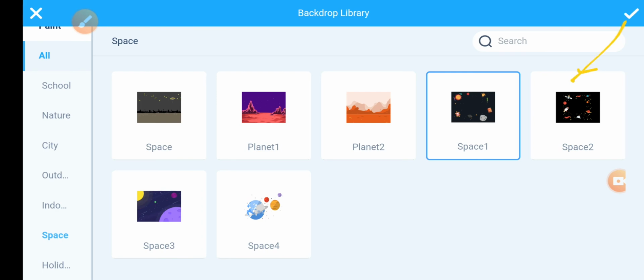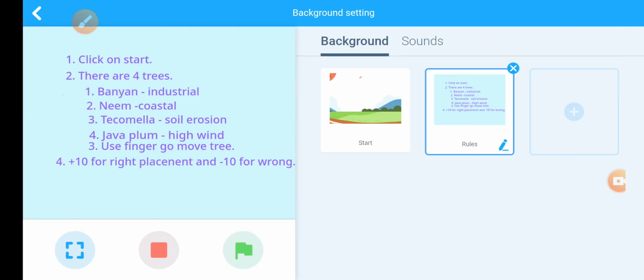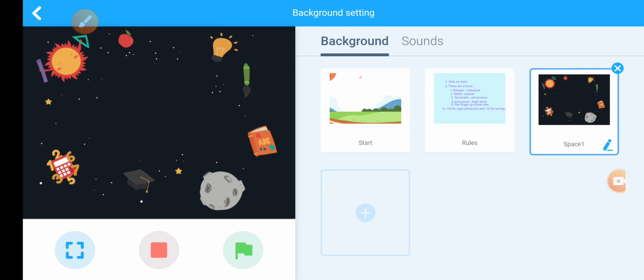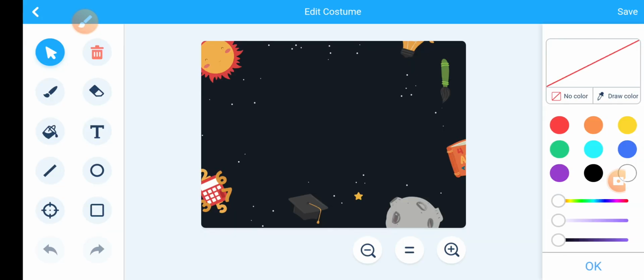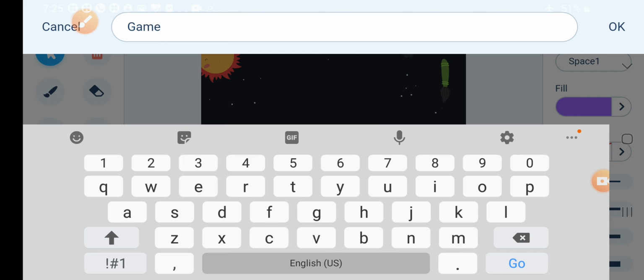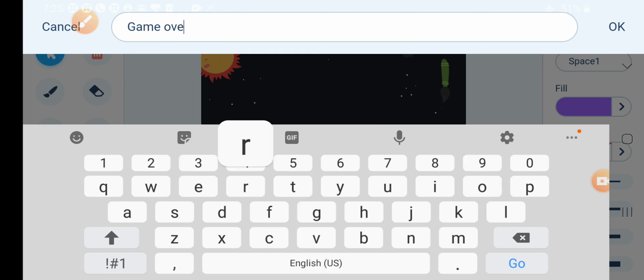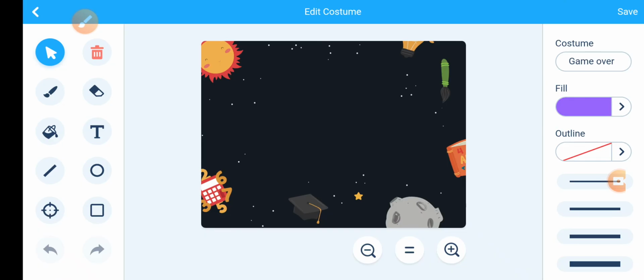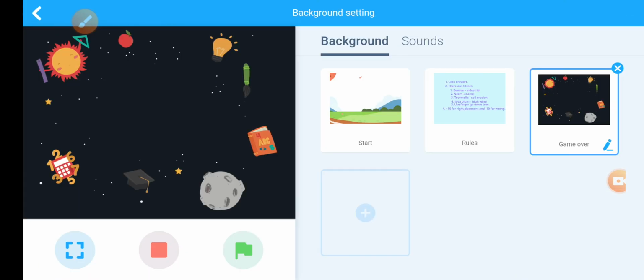Click on that button. Rename this, write here restart or game over. I have typed here game over. Save, then okay.